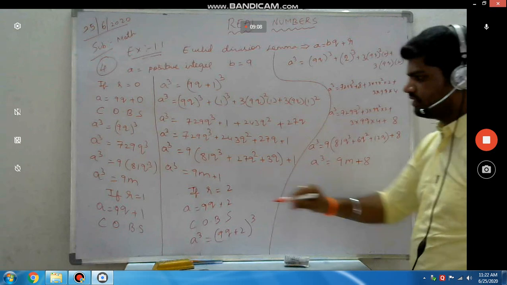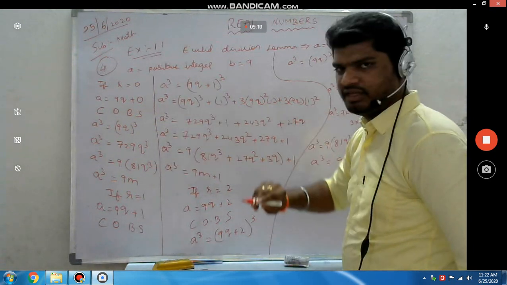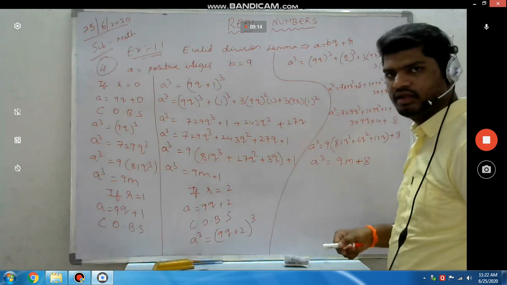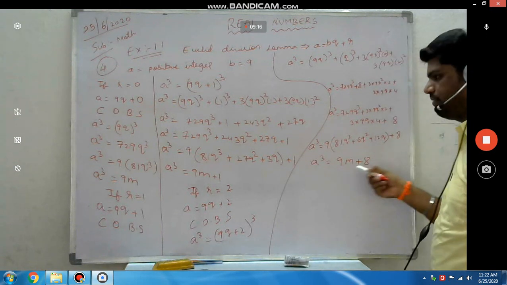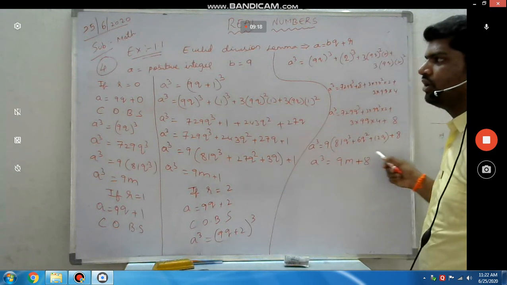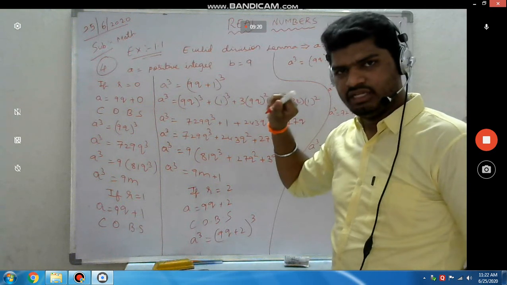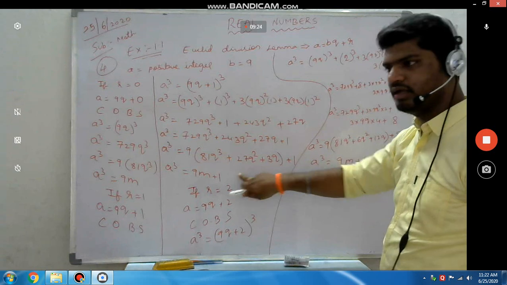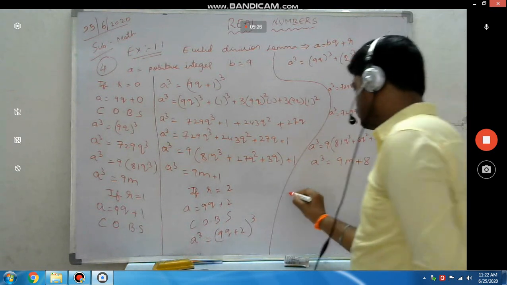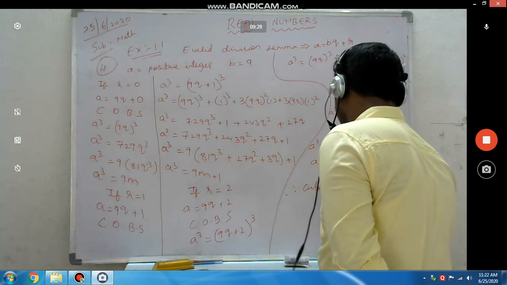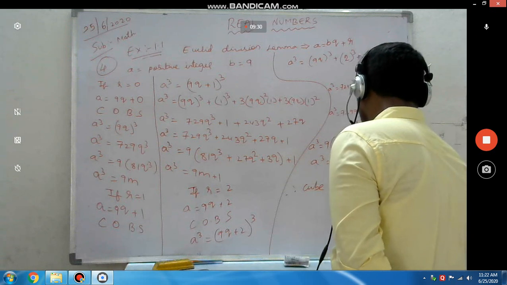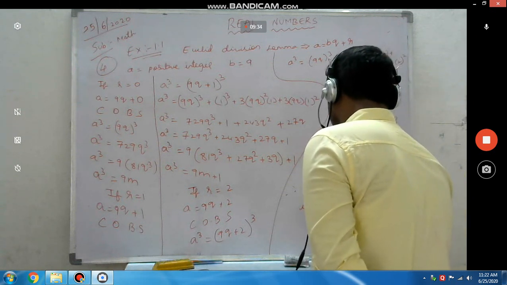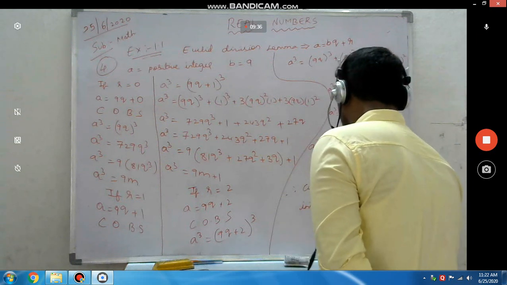Clear? Now check. I have taken one case, I got 9m. I have taken another case, I got 9m plus 1. I have taken another case, I got 9m plus 8. So what can I conclude? The cube of any positive integer is of the form 9m, 9m plus 1, or 9m plus 8. Therefore, the cube of any positive integer is of the form